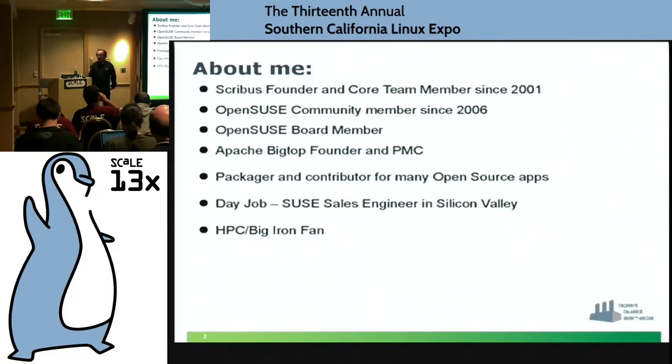That means my background prior to SUSE is that I worked at Cloudera. At Cloudera, I was part of what we call the kitchen team. We started a kitchen team with the idea of setting up a build service to be able to build the whole Hadoop stack, which is a pretty complex job. And part of the premise I'll talk about today is that